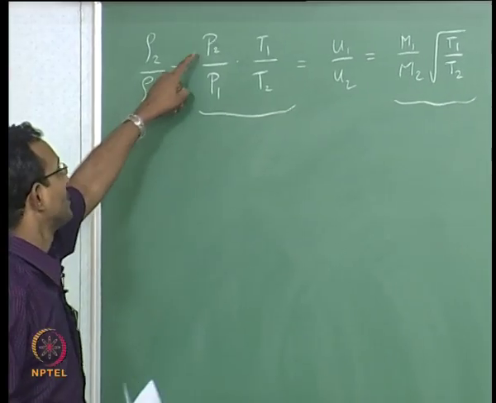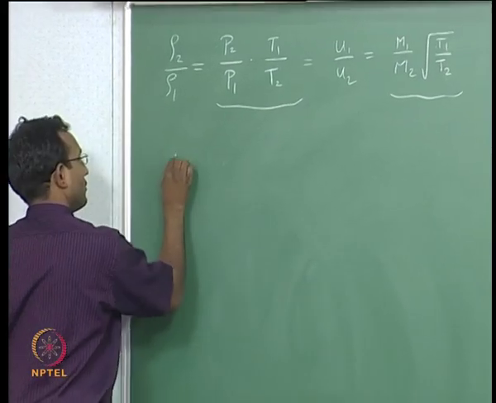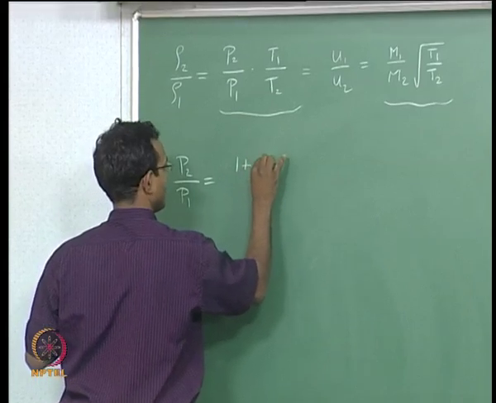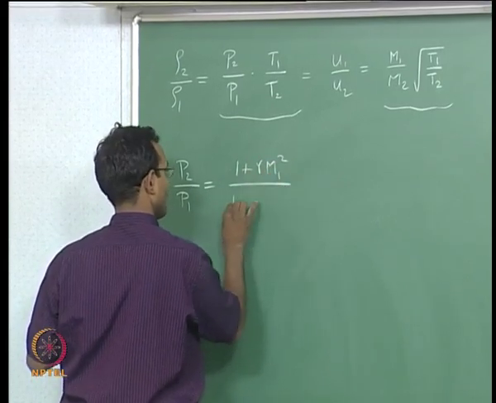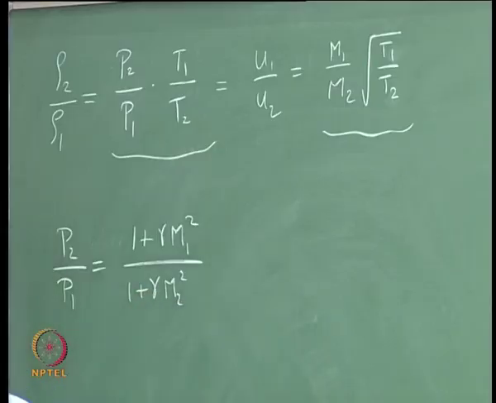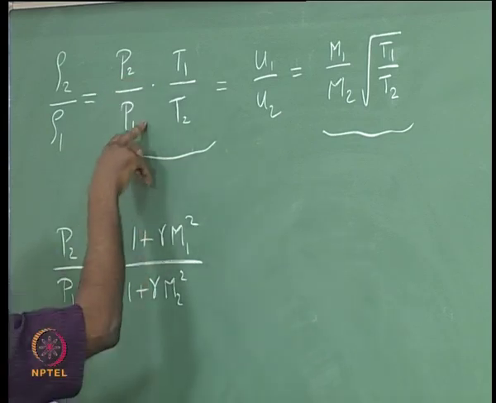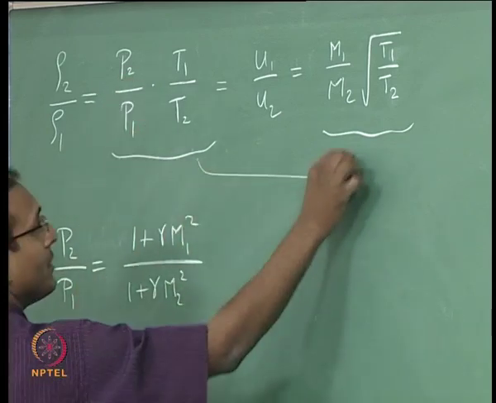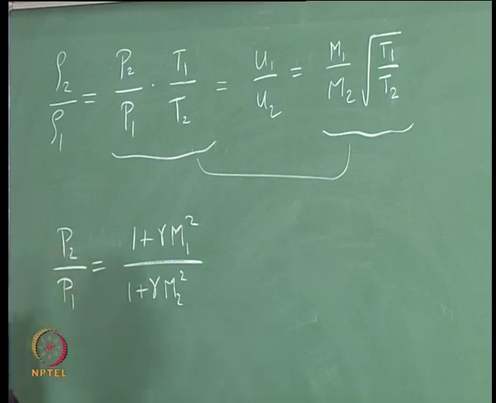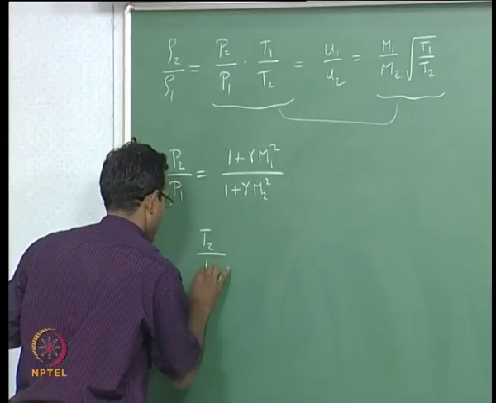I already had an expression for P2 by P1, which is the same as your shock relations. This relation we already had. So, I have P2 by P1 in terms of M1 and M2, and if I connect these two, only T2 by T1 and M2 and M1 are present. So, I can rewrite this and get to an expression for T2 by T1,